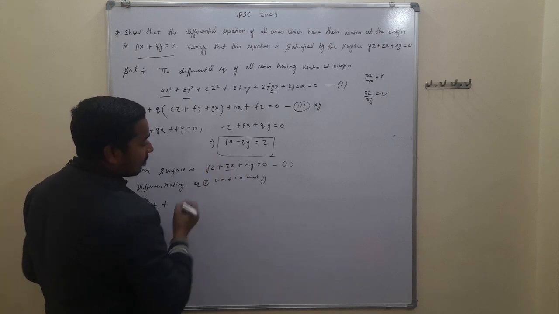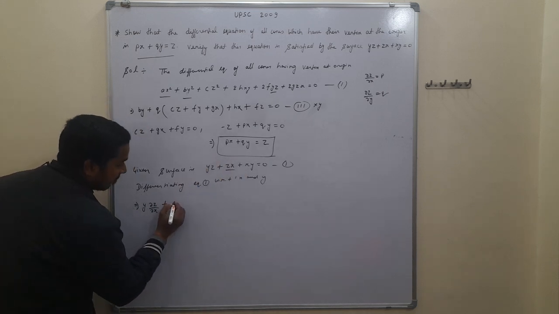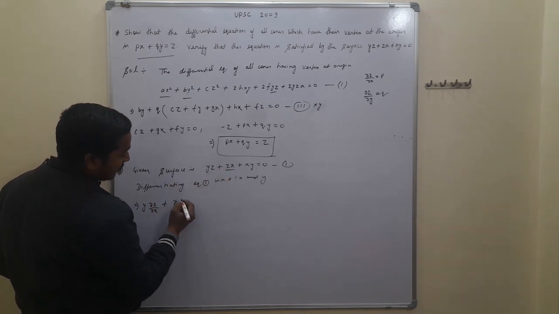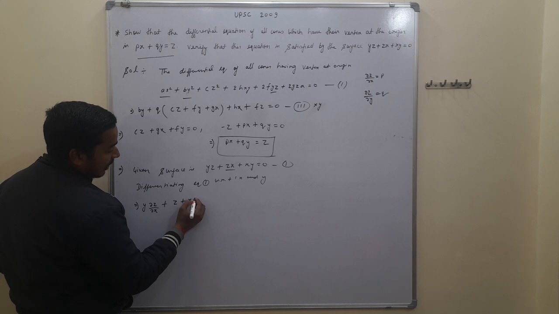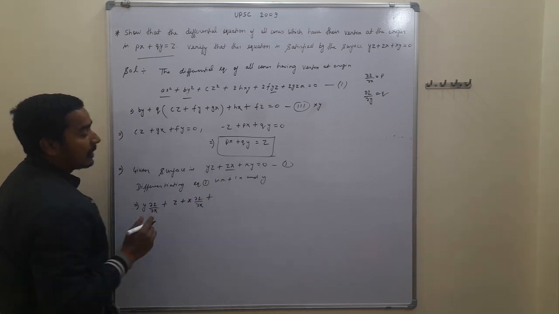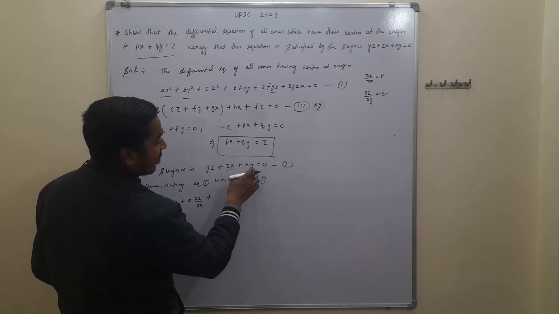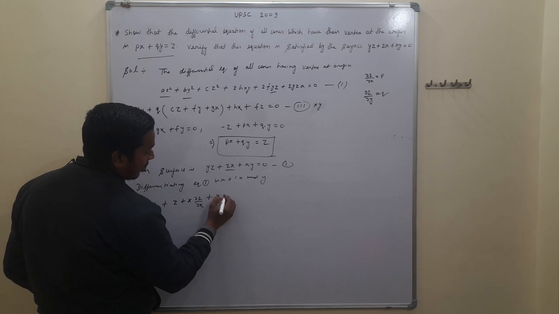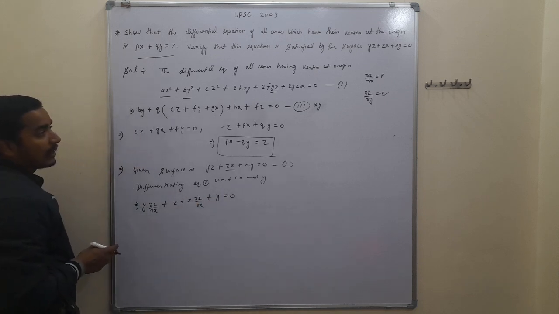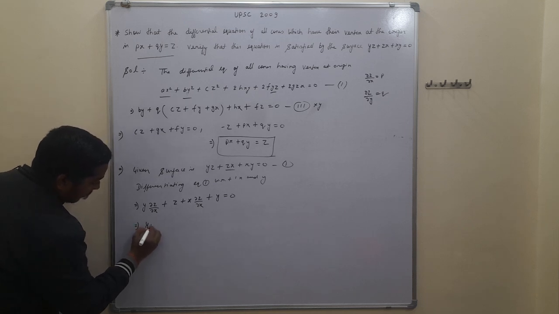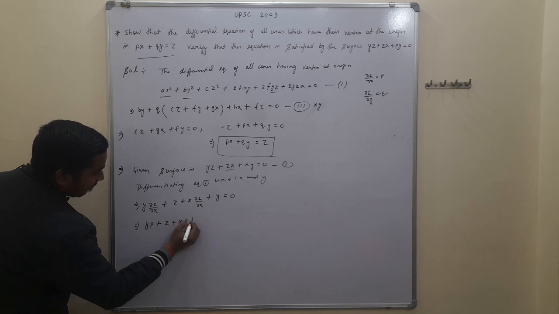Here z is a function of x, so we have to use the first-second formula. This gives z as the first function and we differentiate the second function, x plus 1, del z upon del x, plus xy. Here y is taken as a constant and x is differentiated with respect to x. This gives only y, which is equal to 0. From here we know that del z upon del x is p, so we have to write yp plus z plus xp plus y is